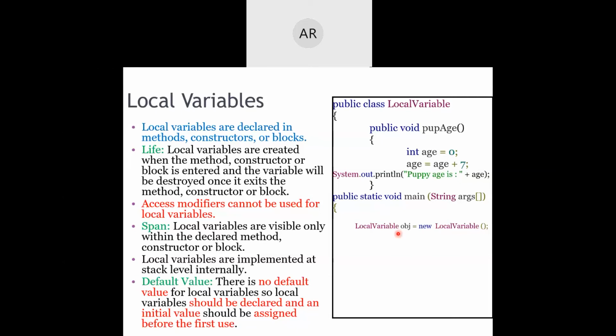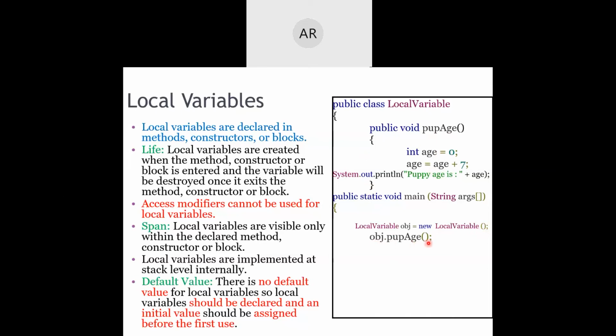Just for a quick recap, here is the class name whose object you wanted to create. obj is the object name and it is our own given name. You can keep any name for it, o1, o2, o3, something like that, or obj, a more useful name. The equals sign with new is the operator which is used for creating new objects. LocalVariable with parentheses is the constructor which helps us in the creation of our objects. So once the object is created, I'm going to make a call to the method that has been defined by us by using